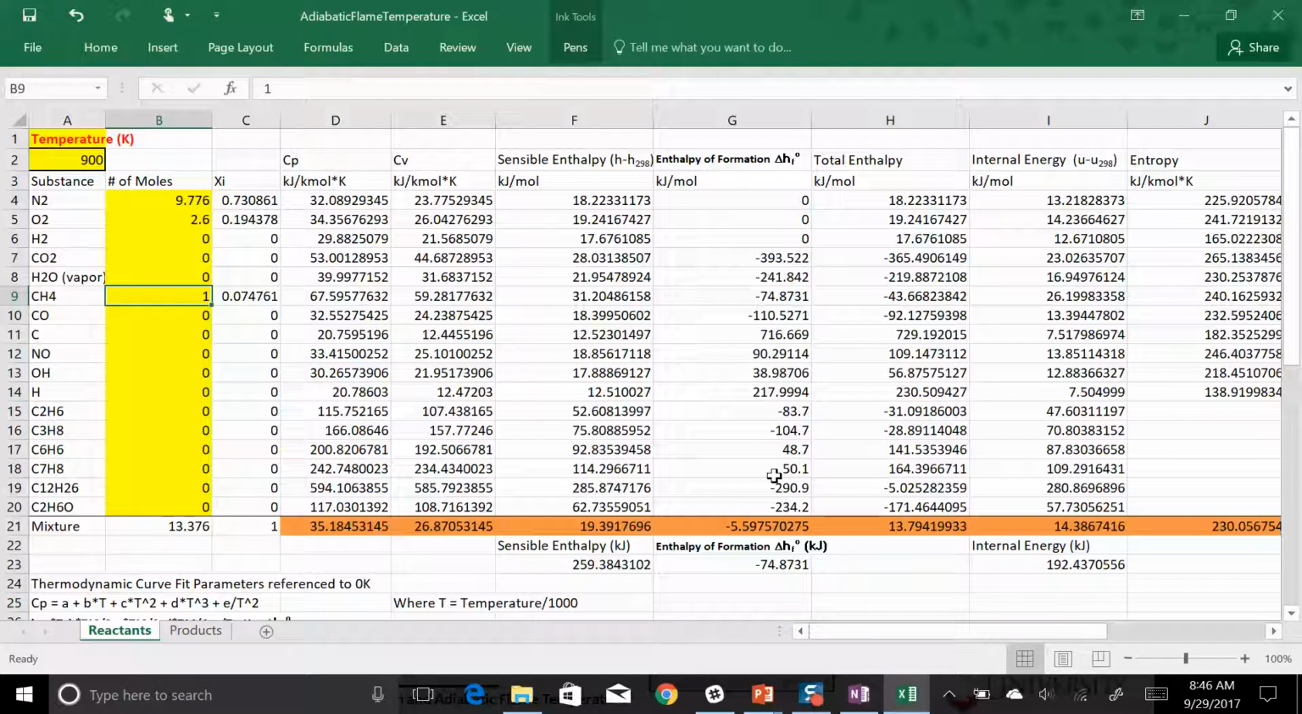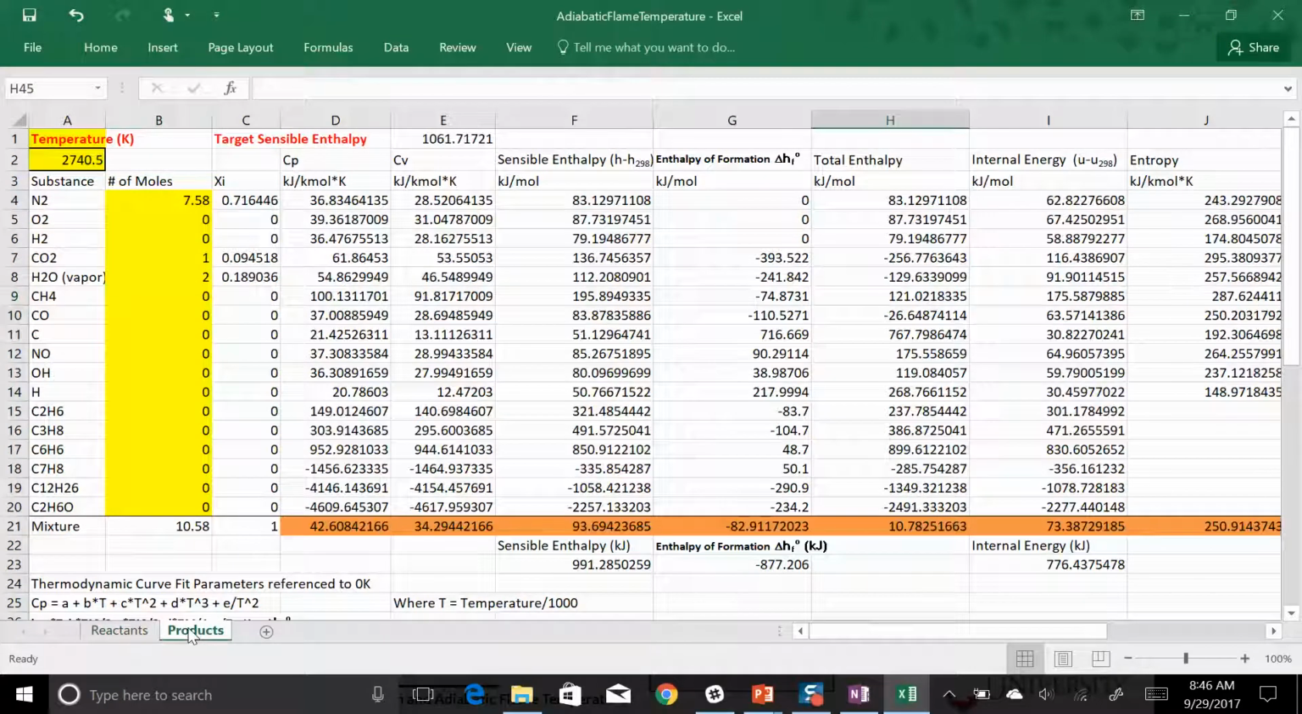This next column here is the enthalpy of formation. So for each individual species, there is some enthalpy of formation. Those are going to be constants that we multiply by the number of moles, and we get in the orange basically the enthalpy of formation per mole of reactants, and down here below the total enthalpy of formation for all of the reactants. Now the way that we're going to find adiabatic flame temperature is we're going to go over